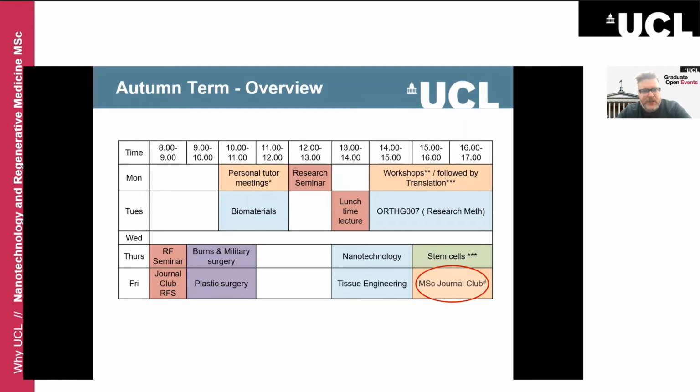And we also have a journal club. This has been a real success over the last few years. This year it's been really highly attended. The idea of this journal club is that students present papers each week on topics in nanotechnology and regenerative medicine. We suggest some papers for them to review. They're supported by PhDs and postdoctoral researchers who are also critical and experienced in that area. Students present a critical review of that paper and they get comments from the audience.